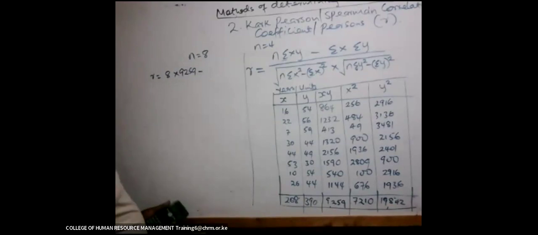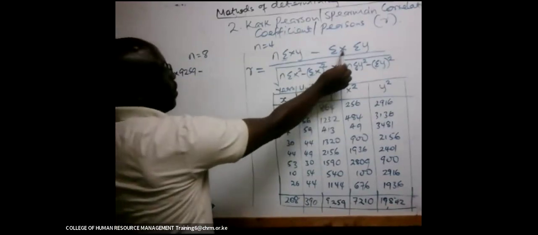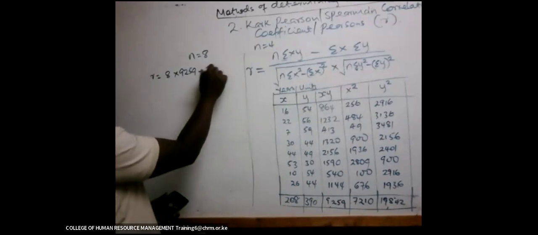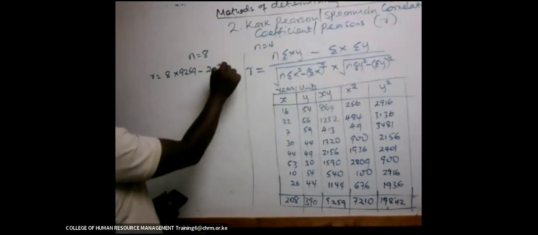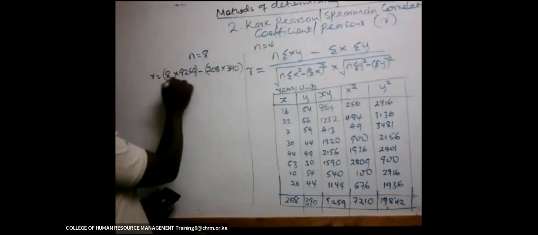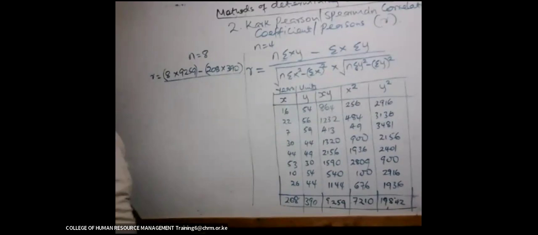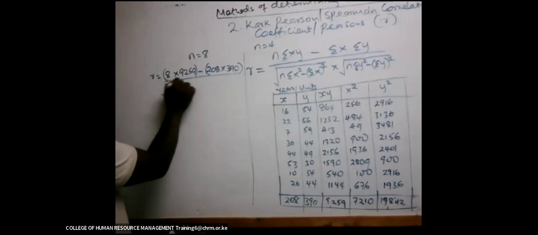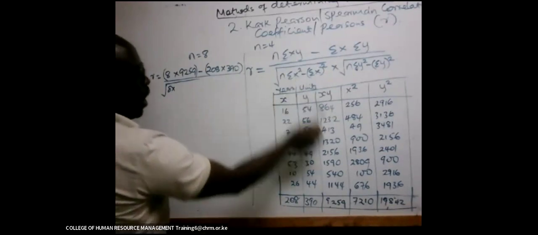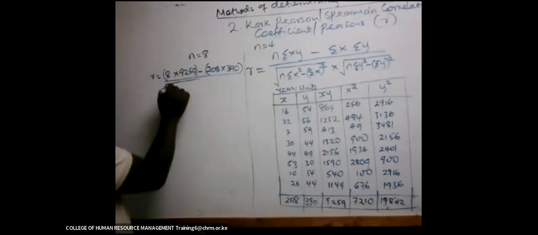Then you minus the sum of x times the sum of y. The sum of x is 208 times 390. You divide by, you take the square root, n, which remains to be 8, times the sum of x squared, which is 7210,